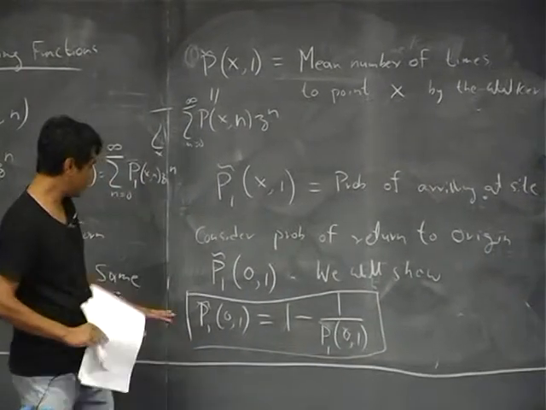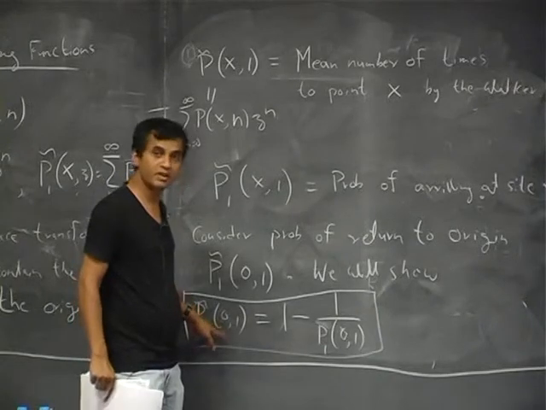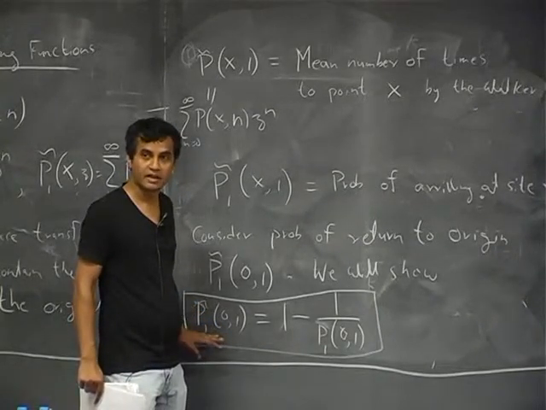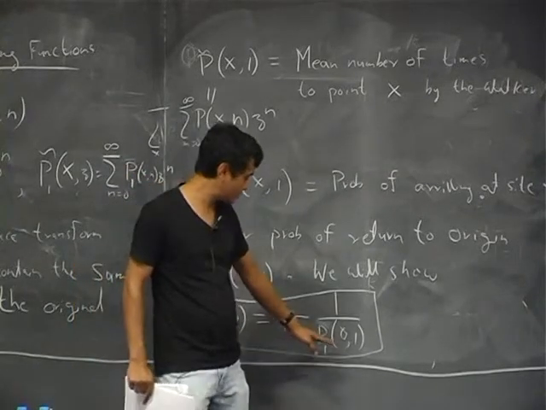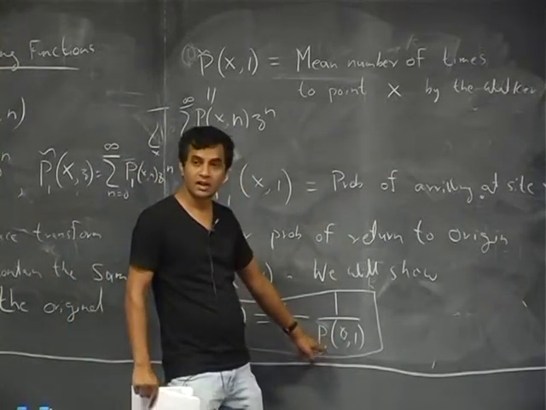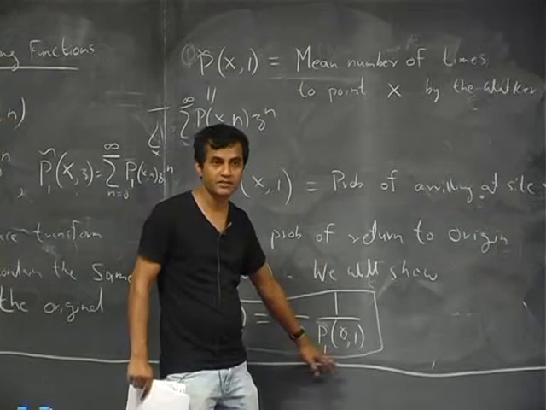Let me just say what we are trying to get. This is the probability of return, right? And what we have managed to do is relate it to this other generating function, which has the physical